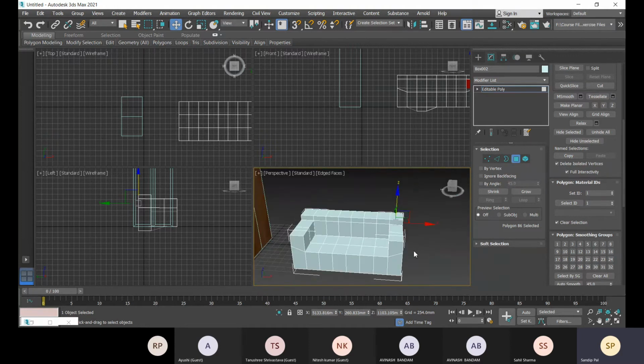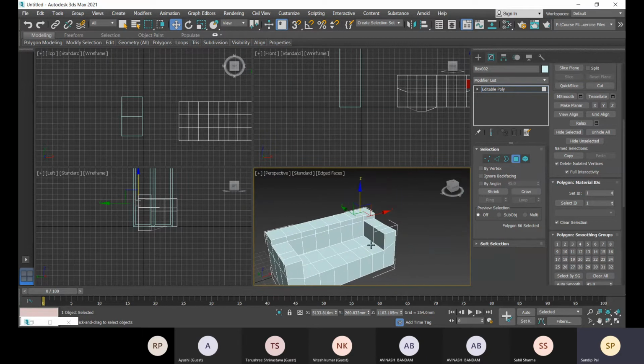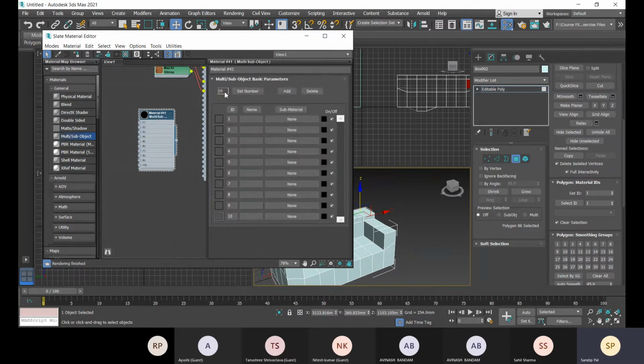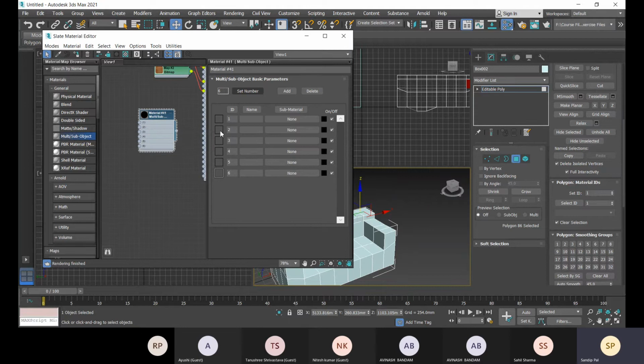So let's see this. Okay, so again go to M, and we have up to 6. So how many numbers do we need? Let's change that to set number, and here I'll mention up to 6 and click OK, and we will have up to 6.